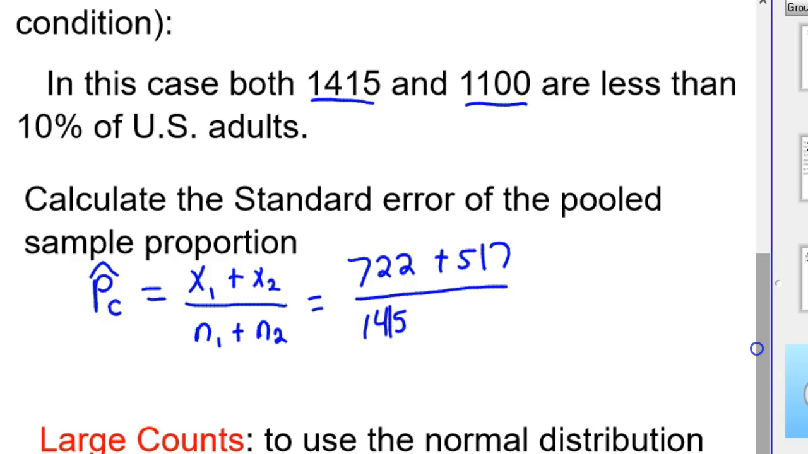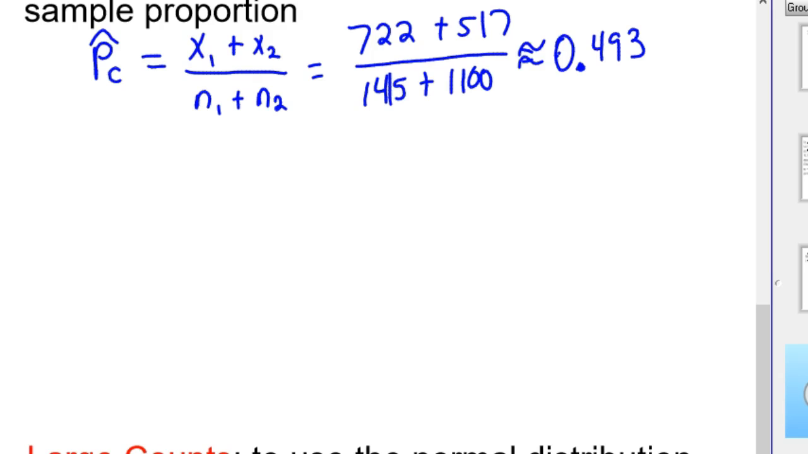1,415 population size. And 517 is our successes from the 1,100. And so you add those up, and you would get approximately 0.493. So 0.493 is our pooled proportion, or our pooled sample proportion. Then, to calculate our standard error, or our standard deviation of p hat 1 minus p hat 2,